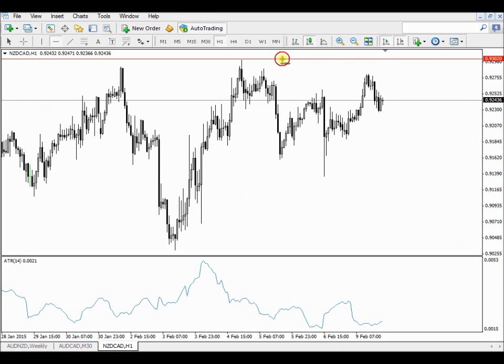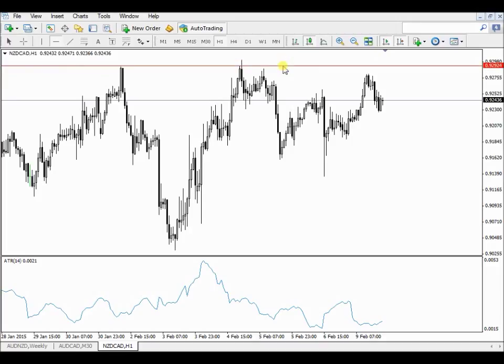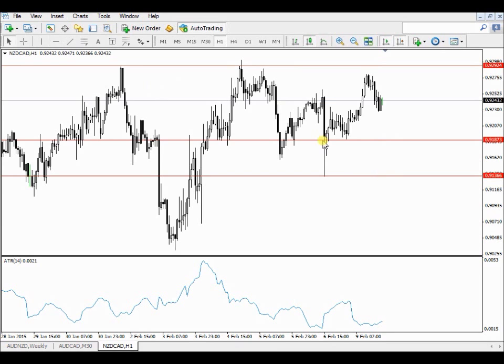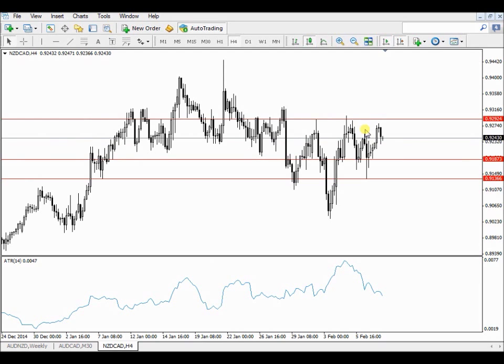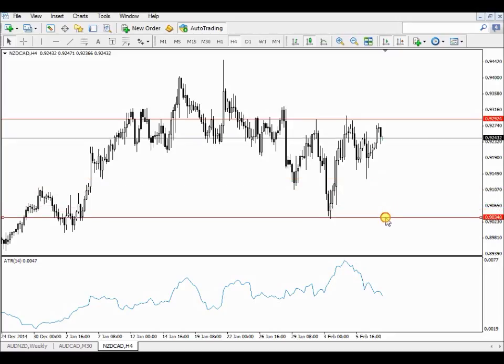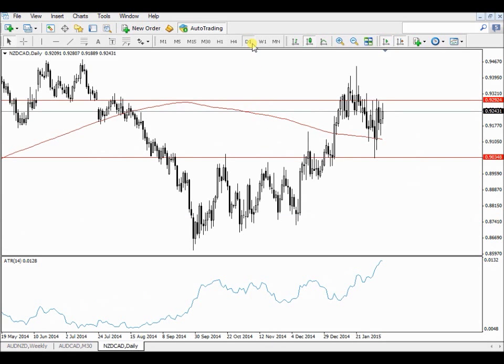Look at this market here. There's a resistance. Let's mark it like this. This is just a spike. And we've got a few supports here. There's a support there. And there's a support there. Is there any trade at the moment on this currency pair? This is the New Zealand dollar CAD. Is there any trade that you see at the moment? Did the support and resistance break? No. Are we in a sideways movement? Yes. So what will happen if I trade here? Nothing. I'm going to be in the market. This market is taking me 50 pips up, 50 pips down. 50 pips up, 100 pips down. Because we're in a sideways movement. When will we trade this market?